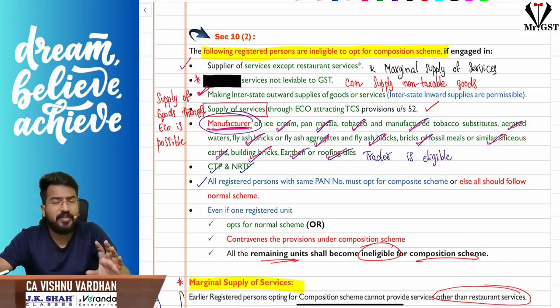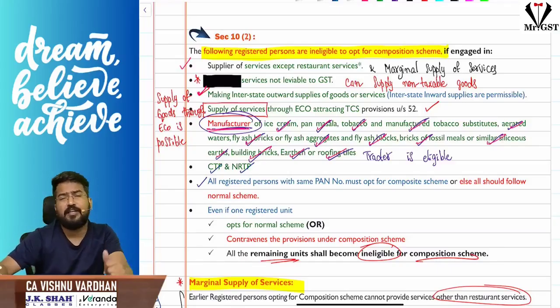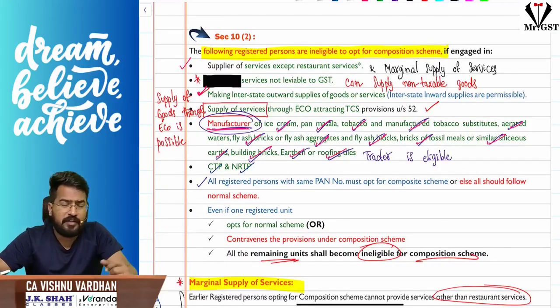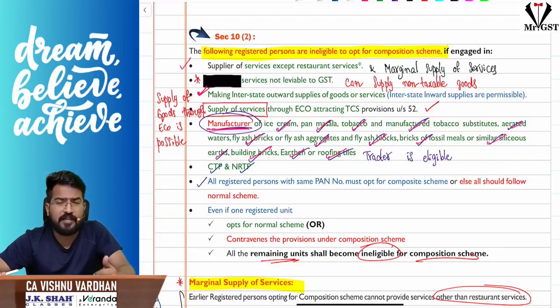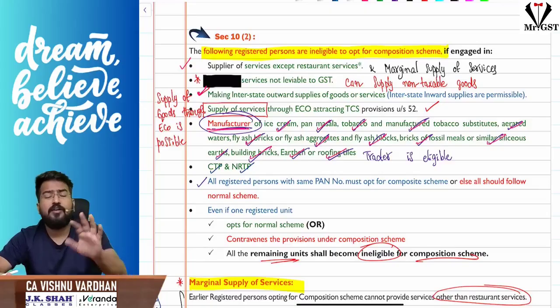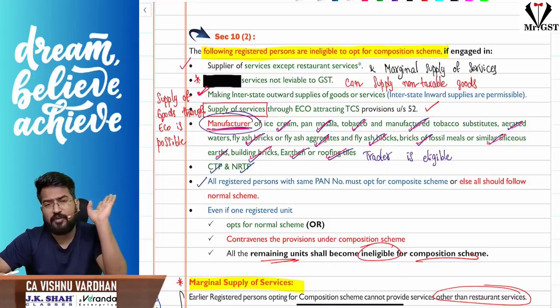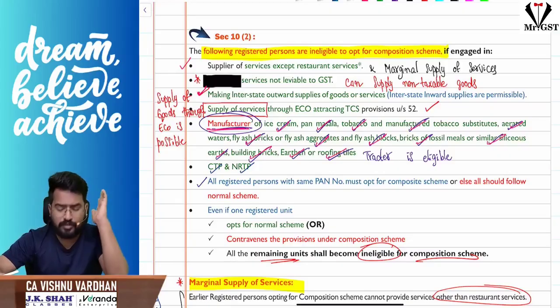So please understand, here we are not targeting Amul ice creams or any quality Wall's ice cream. They are not even eligible because their aggregate turnover itself is exceeding 150 lakhs. Here we are targeting only people like, near our house, during the summer season, the local ice cream vendors will be coming. They manufacture and they bring. Or we are not talking about Coca-Cola, Pepsi here, aerated waters. We are talking about local goli soda manufacturers and sellers. For such people who are completely in the unorganized sector, we don't want to give any relaxation. So manufacturing and selling them, you are not eligible for the composition scheme. If you are buying and selling any of these items, then you are happily eligible for the composition scheme. You can enjoy the benefit. Okay.